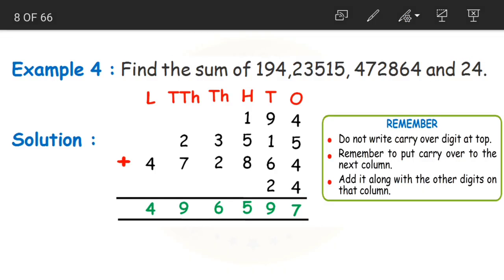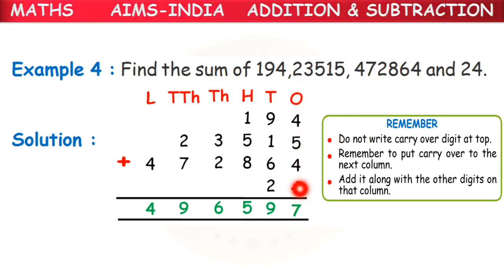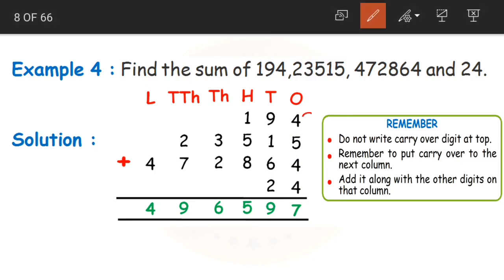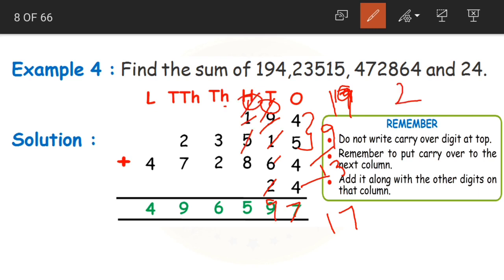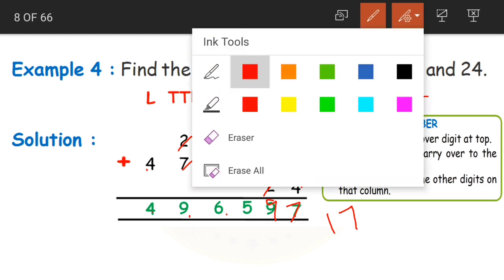Now again, how do we add? The same thing, starting from the ones place. 4 plus 5. Yes, 4 plus 5 becomes 9 and 9 plus 4 becomes 13. 13 plus 4 becomes 17. 7 written here and 1 will be carried. 9 plus 1, 10. 10 plus 1, 11. 11 plus 6, 17. 17 plus 2 becomes 19. 9 here, 1 carried. 1 plus 1, 2. 2 plus 5, 7. 7 plus 8, 15. So 5 here, 1 carried. Now 1 plus 3, 4, 4 plus 2, 6, 2 plus 7, 9 and 4 as it is.